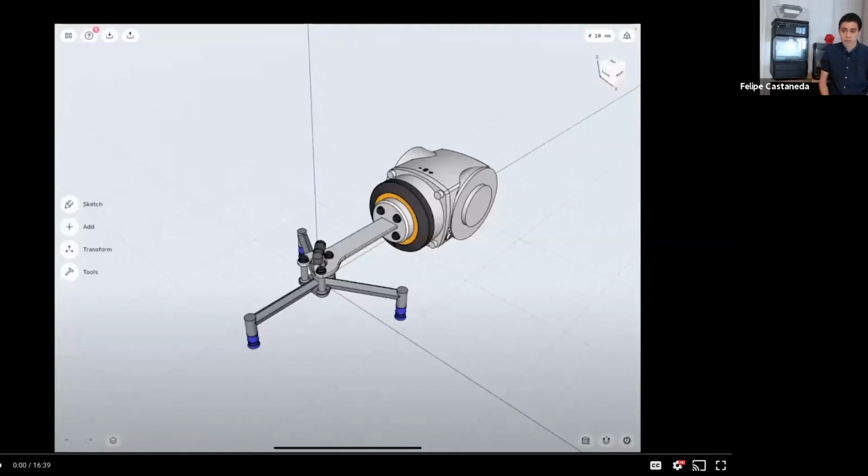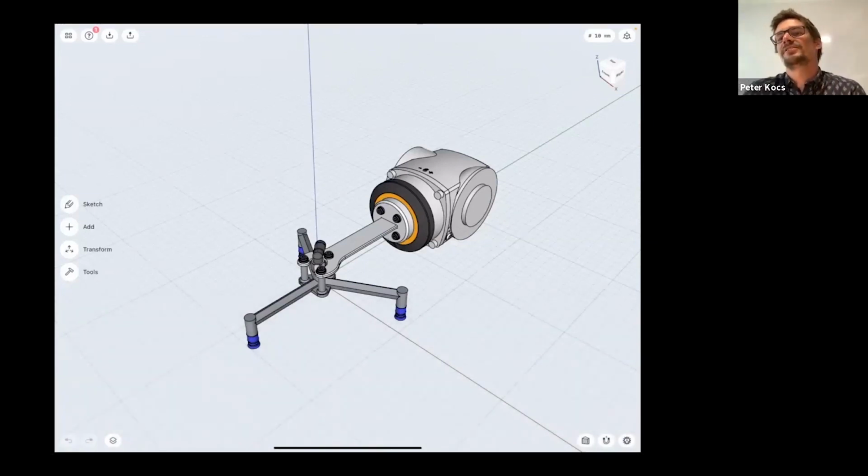And for the second section of our webinar today, Peter is going to take us through the process of designing a robot end effector. We'll go through the whole process of making it in Shaper and then exporting it for the printer, in this case a MakerBot Method, to print it. So I'll leave it to you, Peter. Thank you for joining us today as well. And yeah, let's keep going.